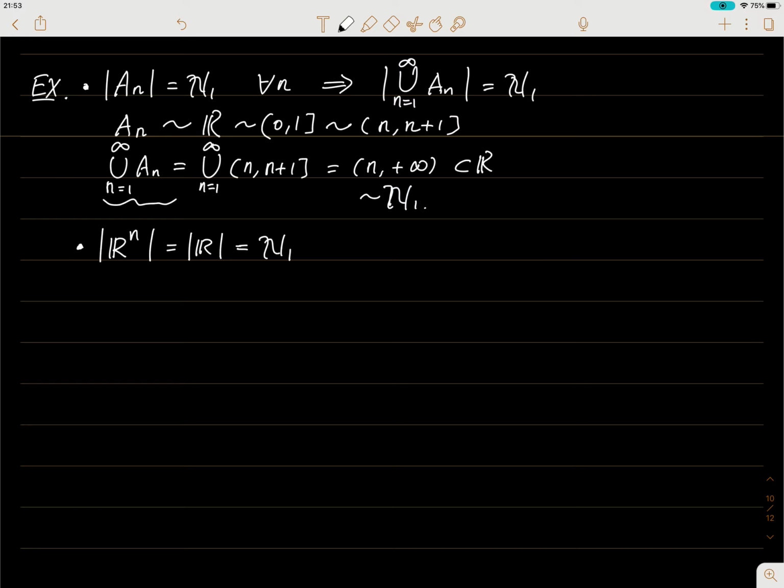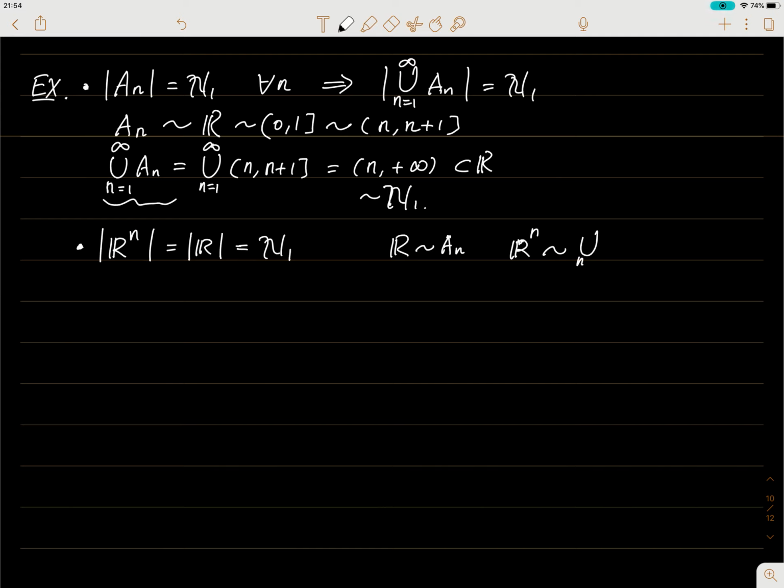You treat each R as An, and then the union of them is equivalent to the Rn, and which has the same cardinality ℵ1. Okay, just equivalent each R with An, and then Rn is equivalent to